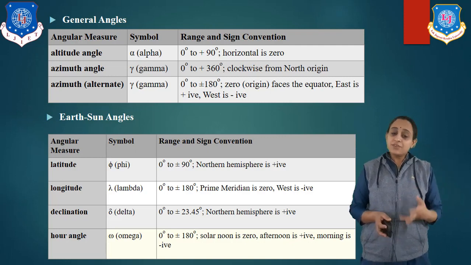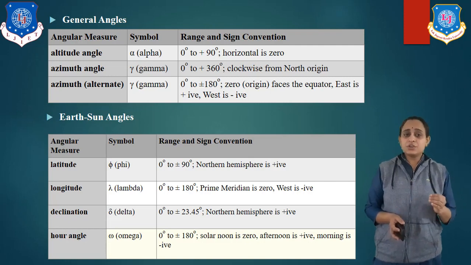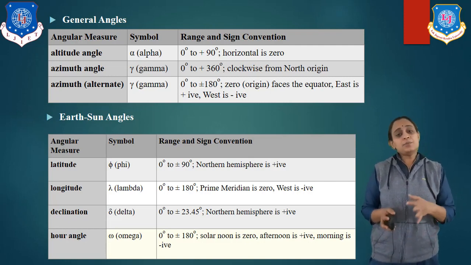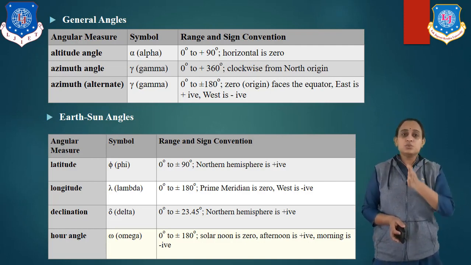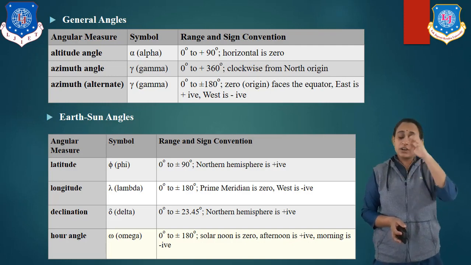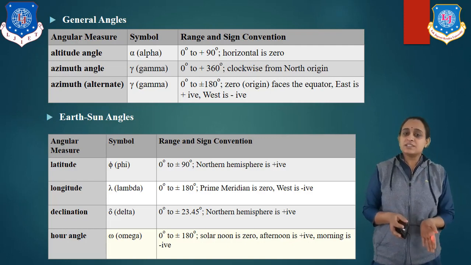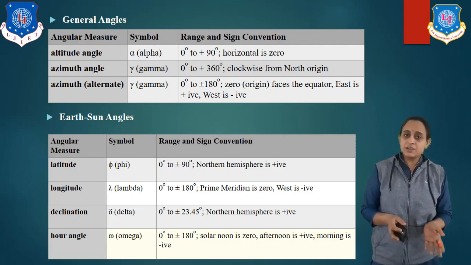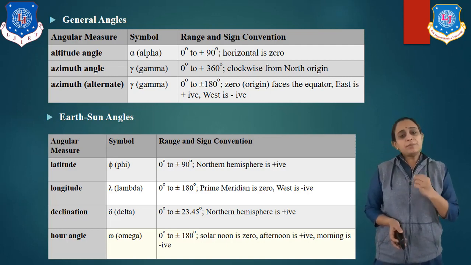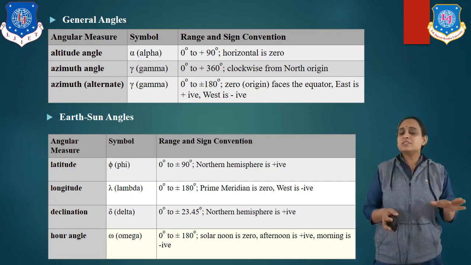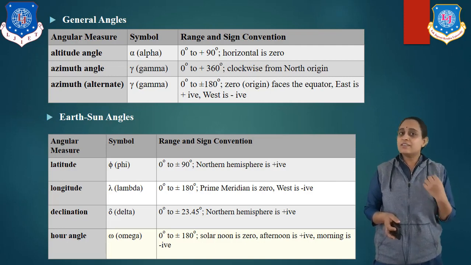Now, if we see the hour angle, at noon it is 0, in the afternoon it is positive, and in the morning it is negative. Hour angle is 0 at noon, it means where the sun is on our head. In the morning it is considered negative, and in the afternoon it is considered positive. For remembering this data, you should remember this table so that it will be easy for you to identify the angles and day time.